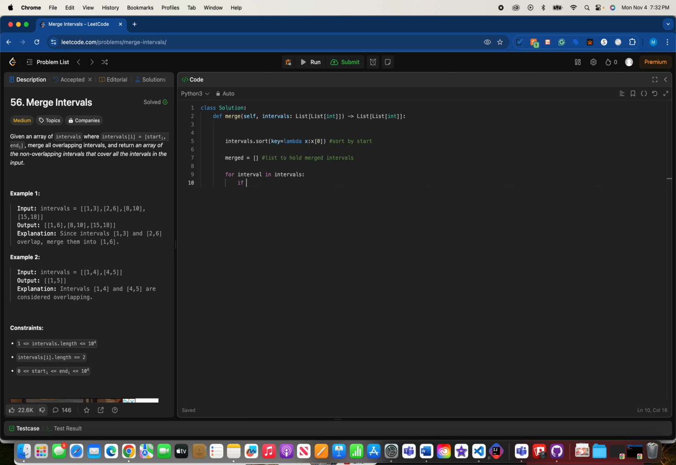If not merged or merged[-1][1] is less than interval[0],